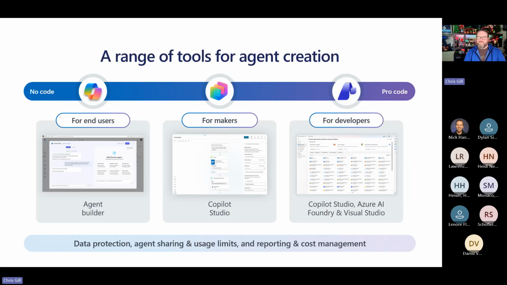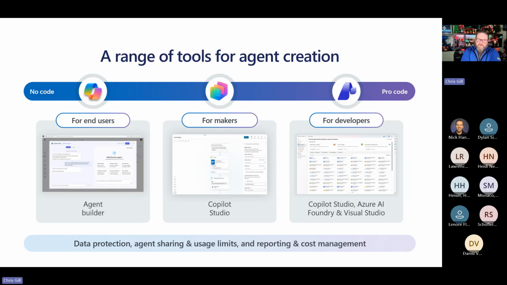So on the left side for the end users, we have an agent builder. Any of you that have touched that, maybe inside of D365 you have the field service agent, or just standard M365, you may have other agents that you can use for SharePoint or whatever else. This is basically a guided way. Think of it as a wizard, a guided way to build and create agents without code.